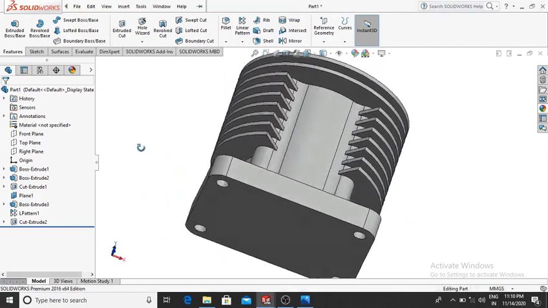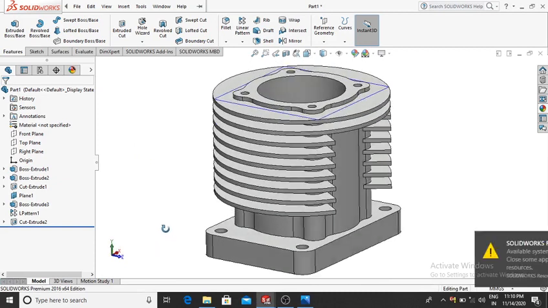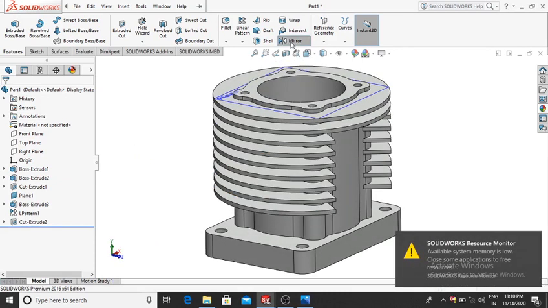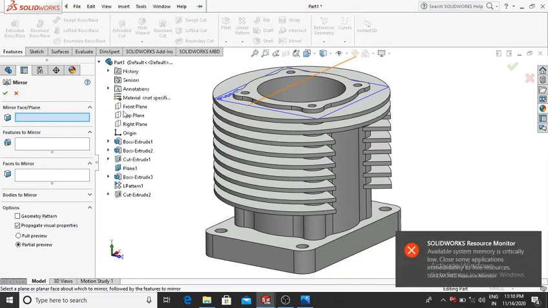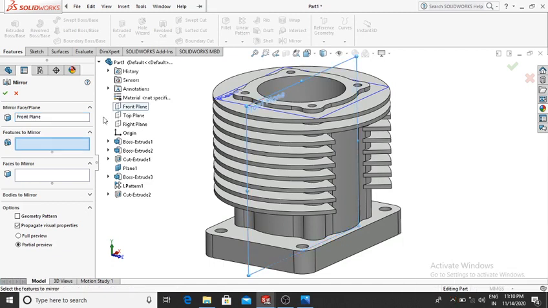Here we make the mirror to this cutout, so go to the mirror command. It will ask the face and plane, so select the front plane, and here we select the features.